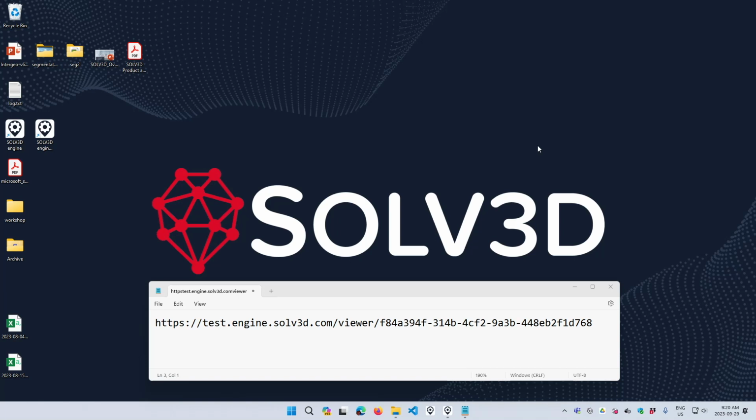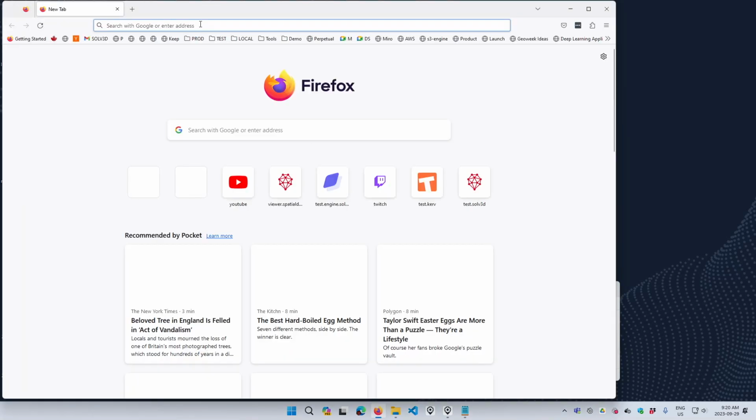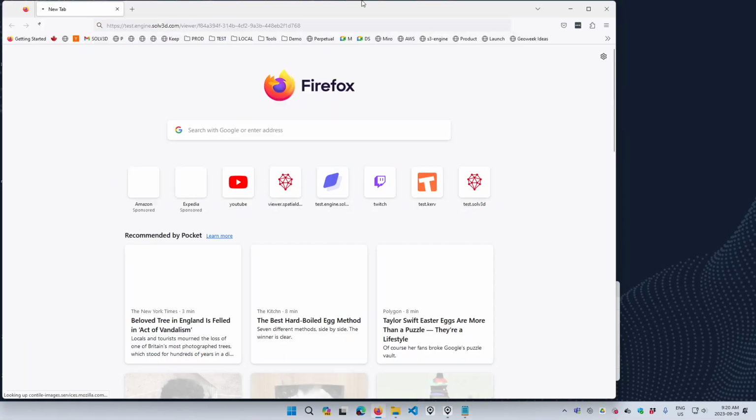So as a view-only user, you may have received a link like you see here on the screen. Maybe you got this via email from one of your colleagues or from somebody else that wanted to share data with you, or over Teams or something, somebody sent you a message. But regardless, this link is a view-only link that can link you directly into the project. So if we copy this, open our web browser of choice, and paste the link and go to it,